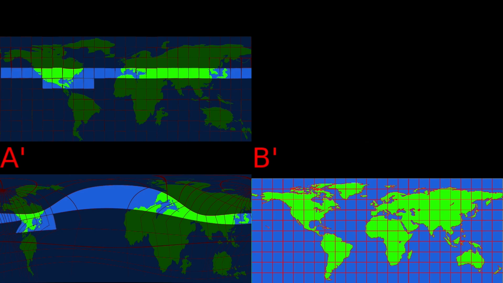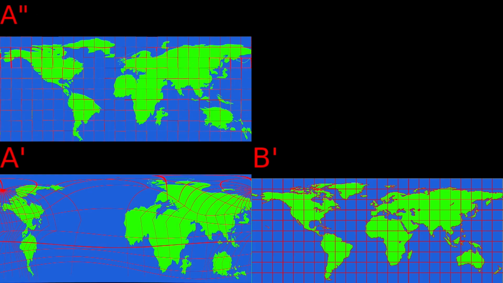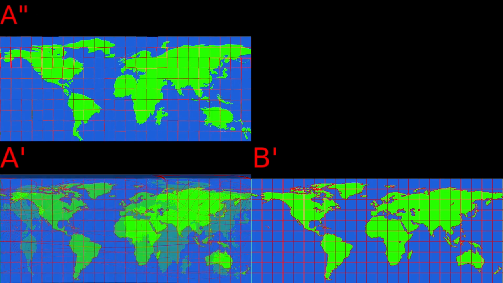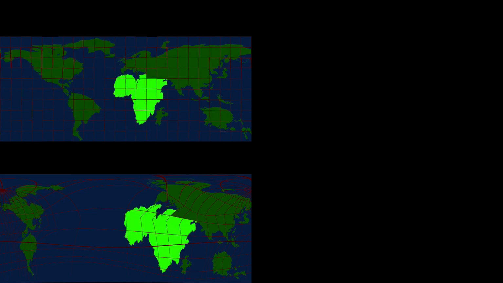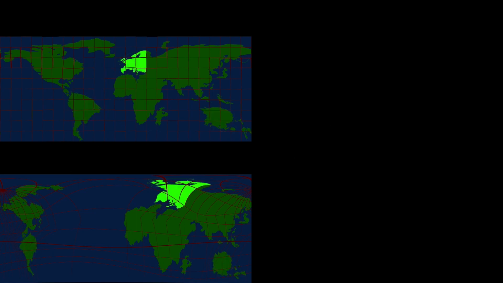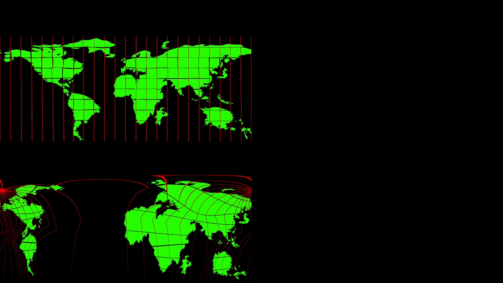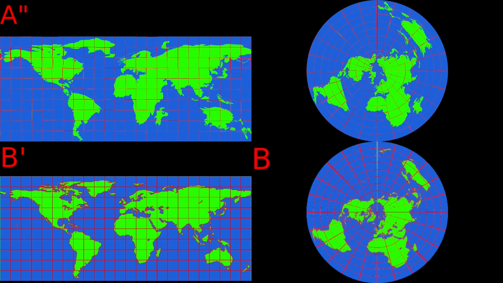Upon converting the irregular bounded areas of A' into the regular squares of A'', equivalence between A double prime and B prime has been verified. Notably, the Americas have increased in size. Africa has shrunk slightly. South America and Australia have moved to the right, and Europe has moved to the left, all in accordance with straightening the zigzagging longitudes. Converting A double prime back to polar verifies equivalence between the original polar projection B as well.